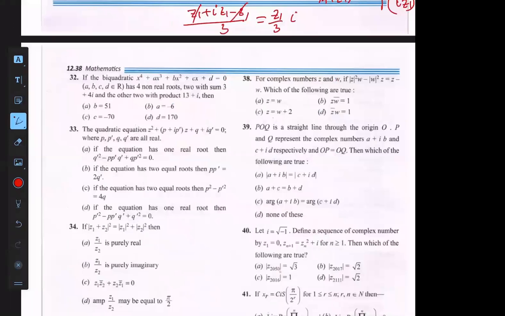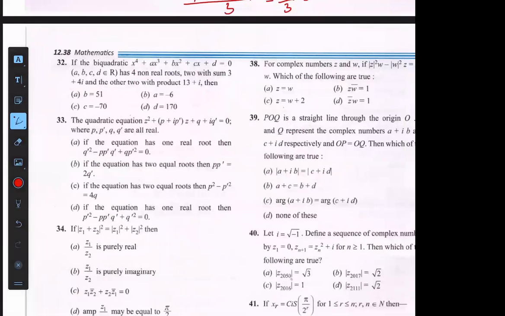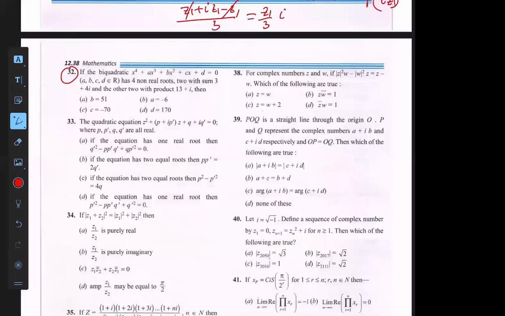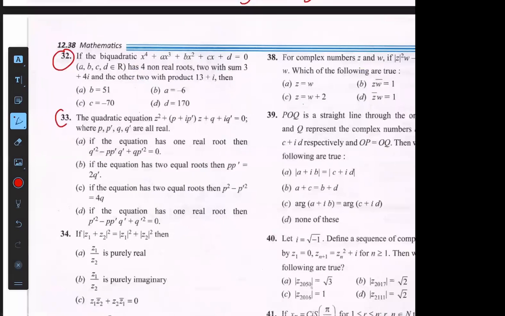ठीक है, अब चलिए, क्योंकि टाइम कम है, 2 क्वेश्चन कर लो, जो भी 2 क्वेश्चन आप कर सकते हो। 32 कर लो, और बताओ कौन सा ट्राई करना चाहते हो। लाइन से ही कर लो, चलो 32, 33 कर लो। 2 क्वेश्चन ट्राई करो जल्दी से, फिर मैं डिस्कस करता हूँ।